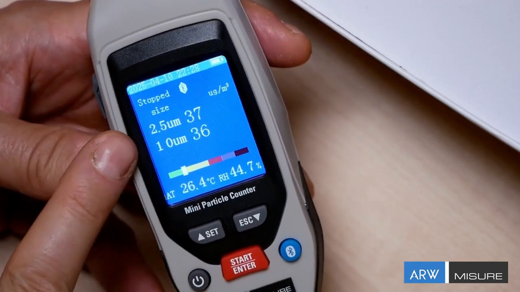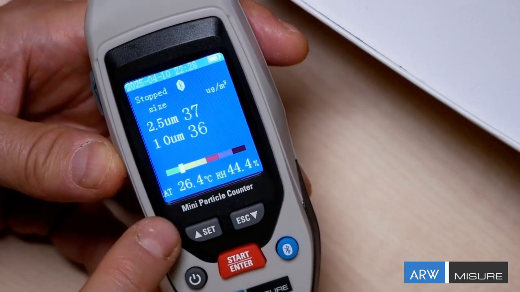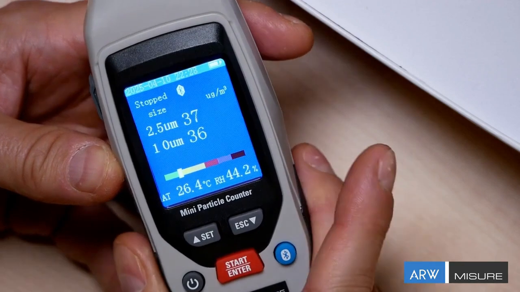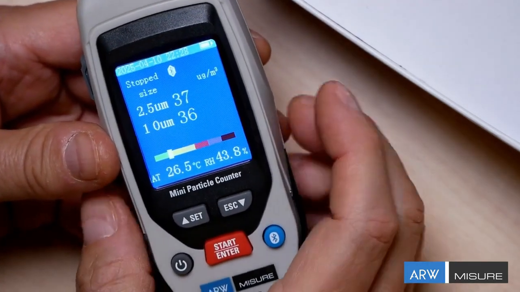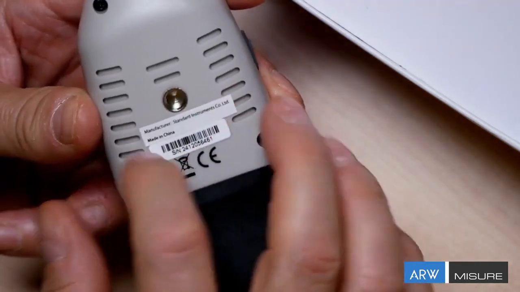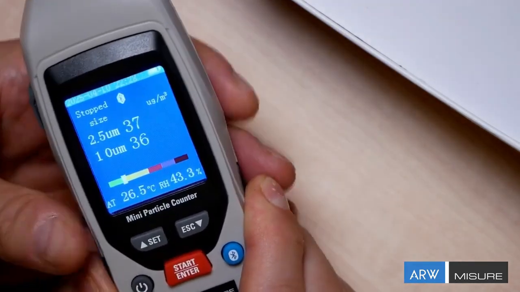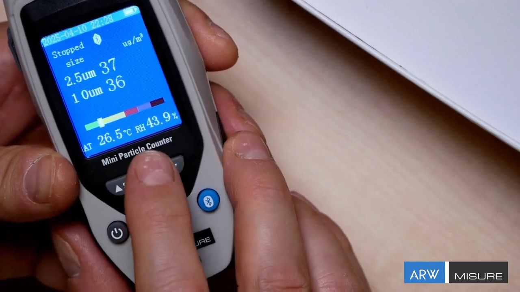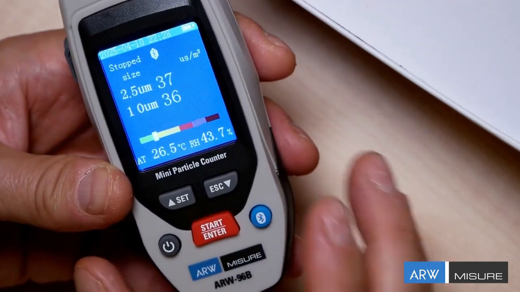We have information related to temperature and humidity, which is one of the advantages it offers, because the device also allows us to measure ambient temperature and humidity through an internal sensor. Of course, since the sensor is positioned on the outside of the device, holding it in your hand will somewhat alter these parameters. Therefore, to obtain more accurate data, you should leave it in the environment for a while to